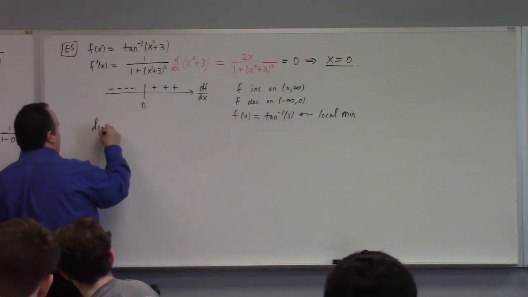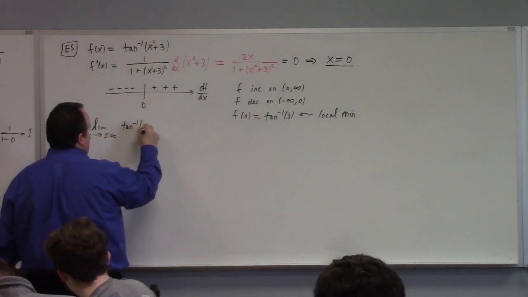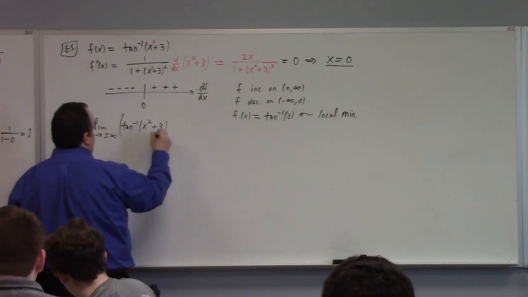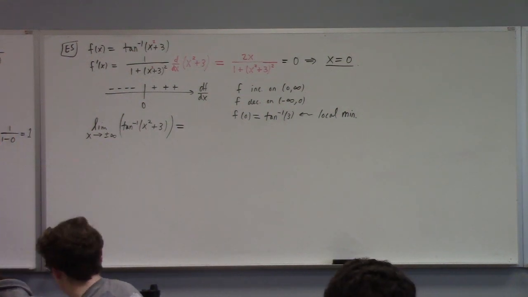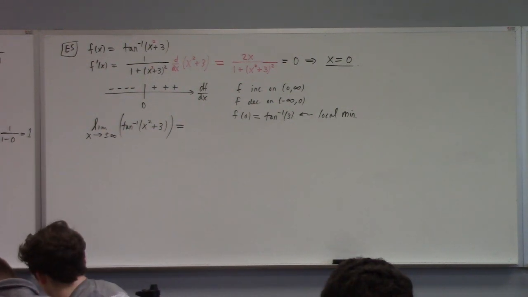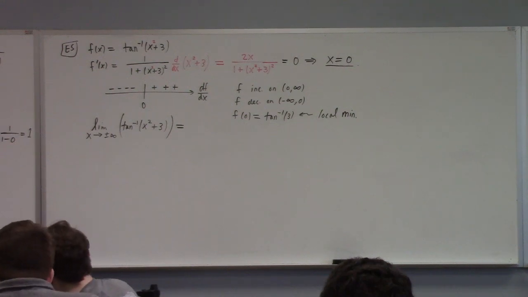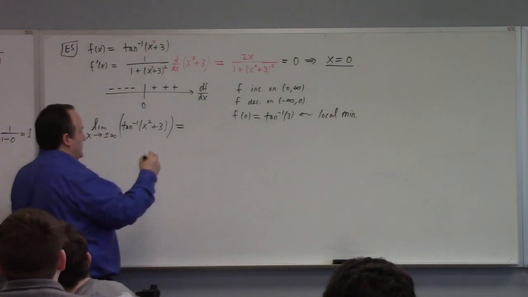What's the limit as x goes to plus or minus infinity of inverse tangent of x squared plus 3? Let's think through it. In either case, we're feeding the inverse tangent what? If you square a very large negative number, you get a very large positive number. Then you add 3, still a huge positive number. Either way you slice it, both of these limits concern inverse tangent with a very, very large positive input, which gives us almost pi over 2. Both of these limits go to pi over 2.